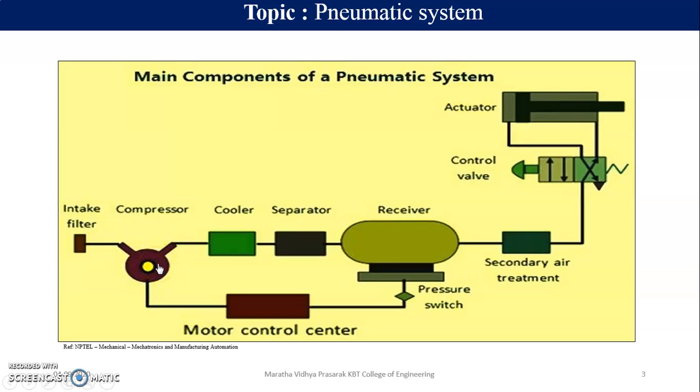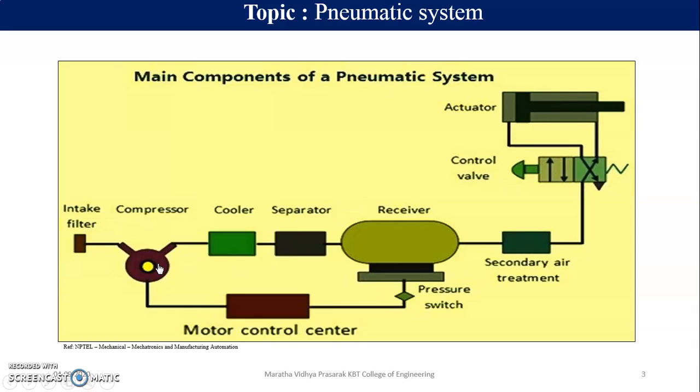Now based on the mechanism, there is a crankshaft mechanism, there is a piston type mechanism, there is lobe type, there is screw type compressors, then there are reciprocating compressors, then there are vane type compressors. This is all the mechanism used to compress the air, and based on that the names of the compressors are defined. Today we are going to take only the main components in the system, so we are not going to go into every part in a very detailed aspect. Just listing a few, these are the types of compressors.